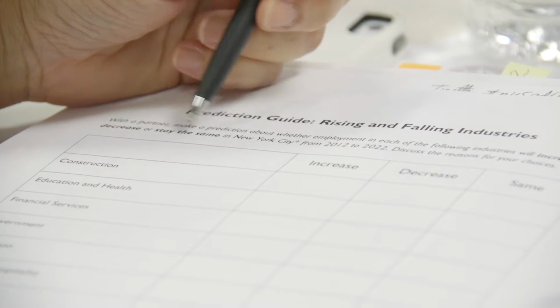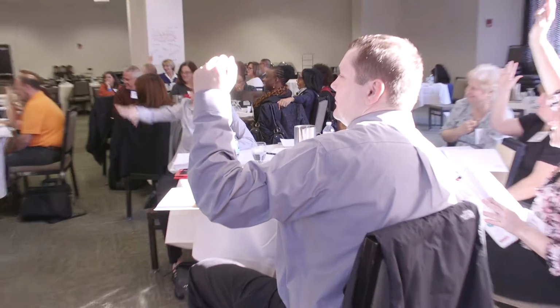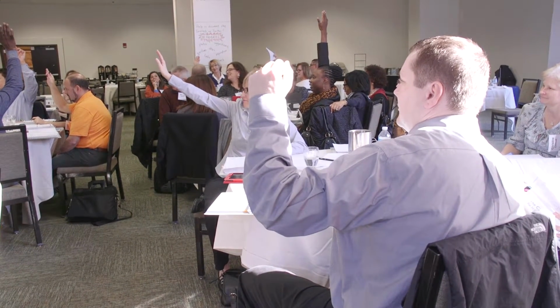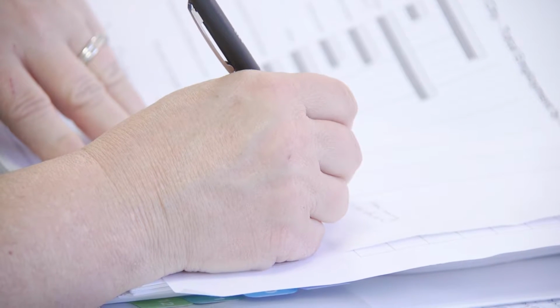We're going to ask you to do some work before you look at the graph. Before they look at the graph, we do a prediction guide, which asks students to make predictions about which industries they think are growing and which are decreasing. How many leisure and hospitality? 1, 2, 3, 4. Another prediction they made is which they think is the largest industry in New York City. Take a look at all your predictions and just write down 2 things that surprised you